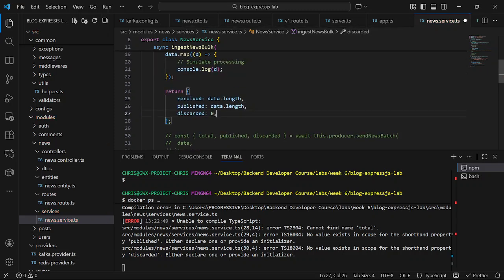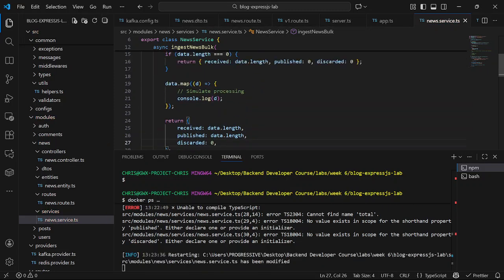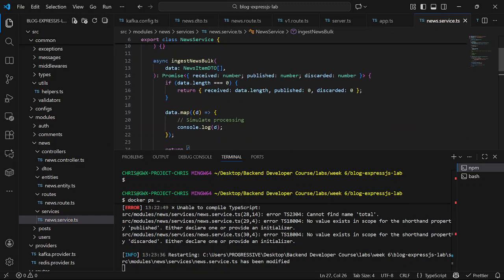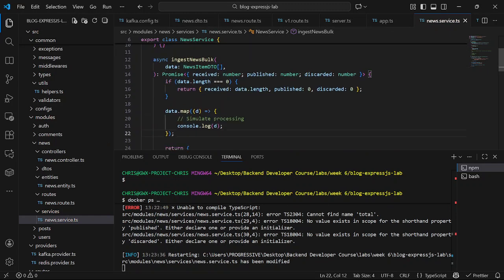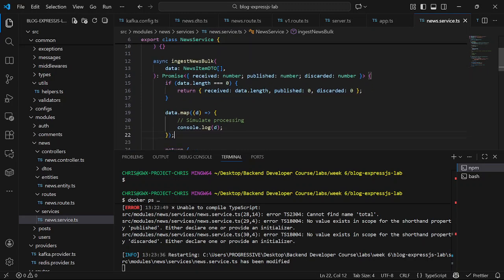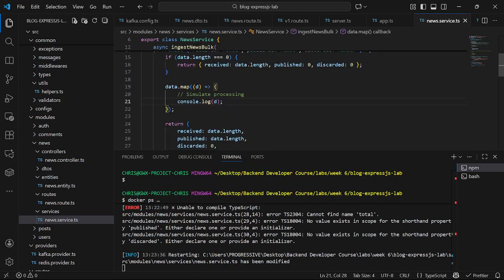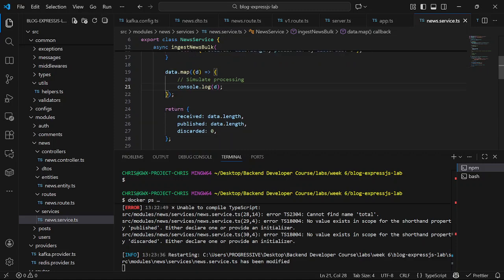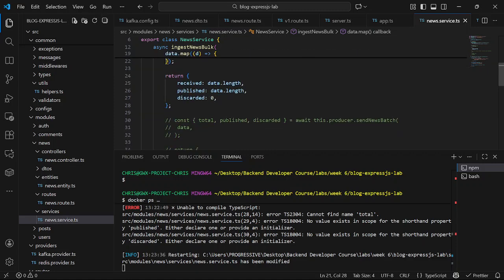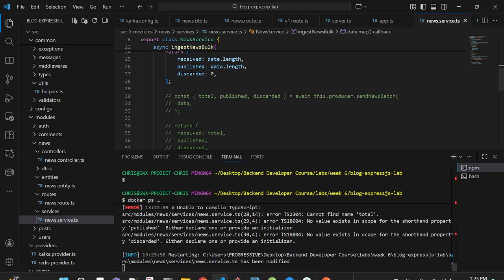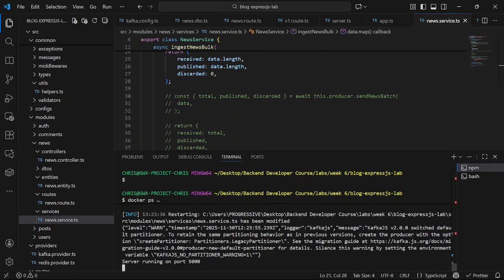So if I have something like this now, for example, just to console log, now I'm looping through each of the data and I'm processing them one after the other. This is not an efficient way of creating an API. It's not the best way. It's not the optimized way. So let's wait. Okay, our app is started.